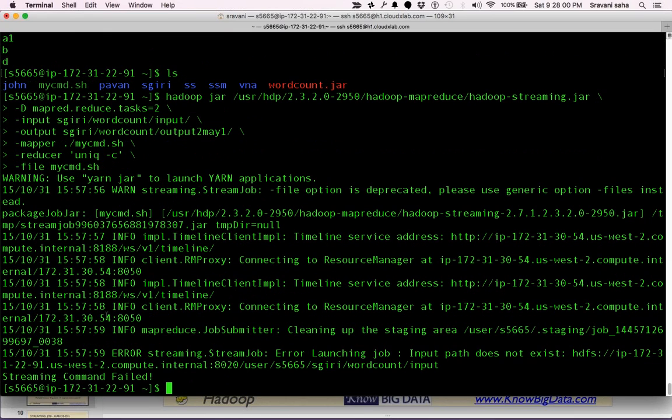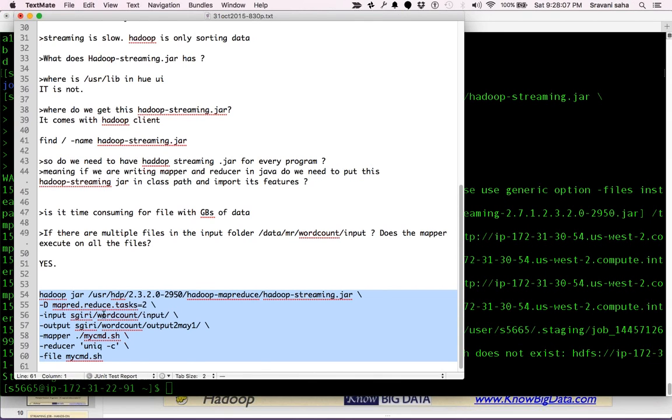What does it say? It says that the input path does not exist. Let's put it like this: it is in data, mr, wordcount, this, and the output.